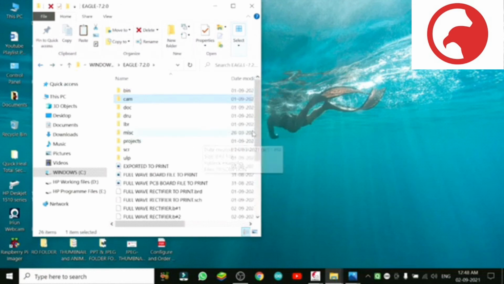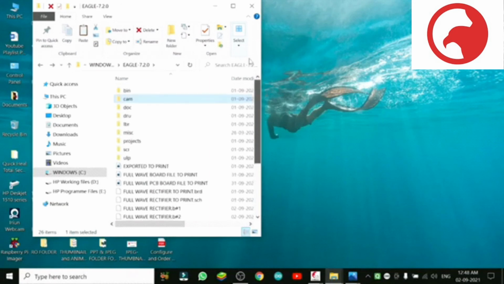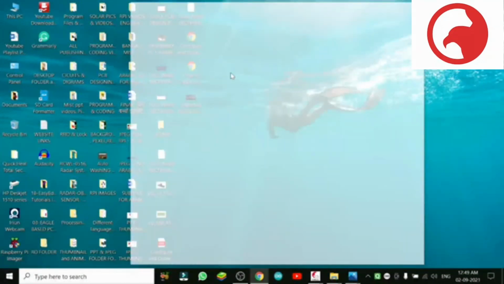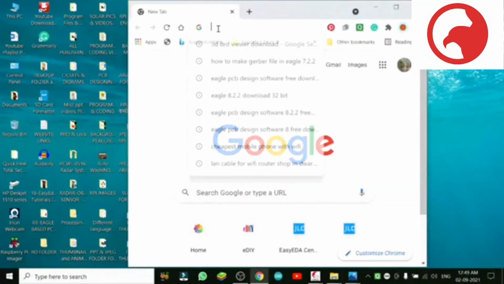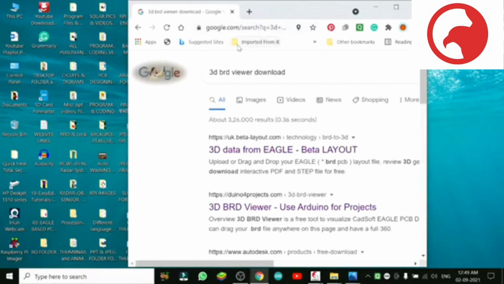So we will move to the other files, the folder which we need to change. Gerber viewer, 3D board viewer, you have to select this and download.